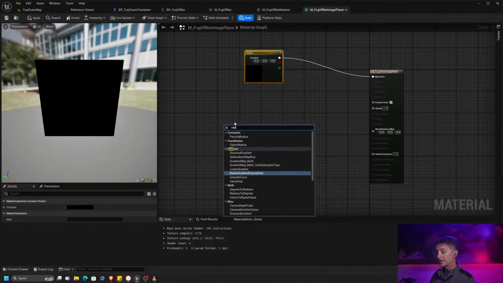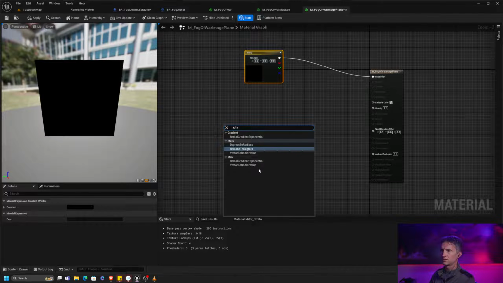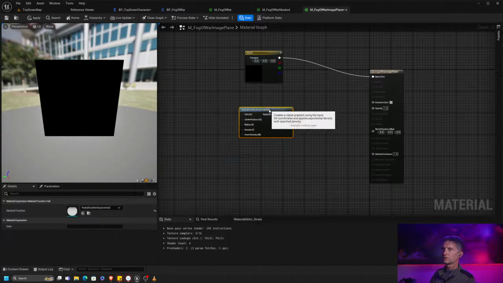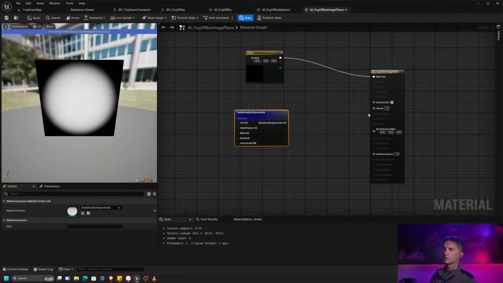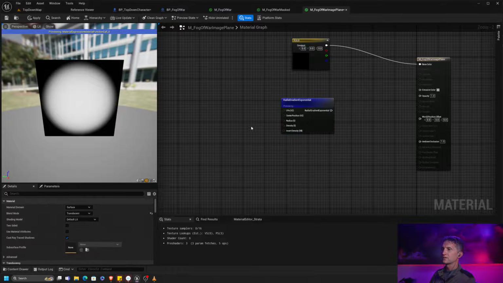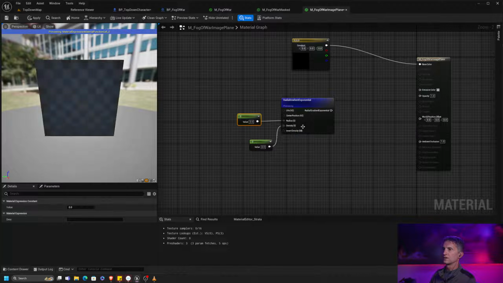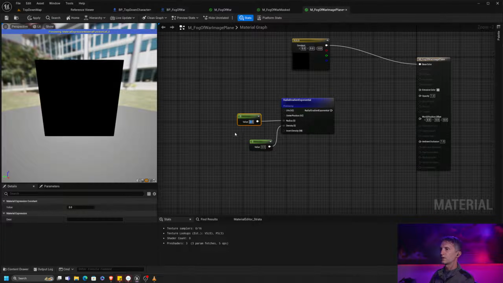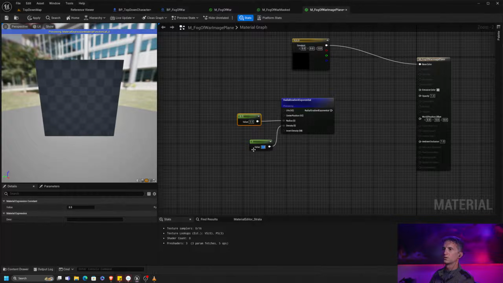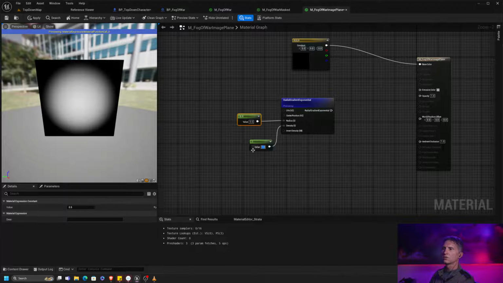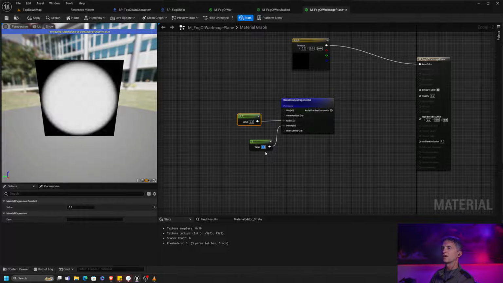Now let's create a radial gradient. Radial gradient exponential. If we right click and start previewing this, you'll see what this looks like. Let's create a couple of variables for the radius and the density. If we set our radius to 0.5 and our density to 1, you can see what the circle looks like. If we do a density of 5, you see the circle gets a little bit more